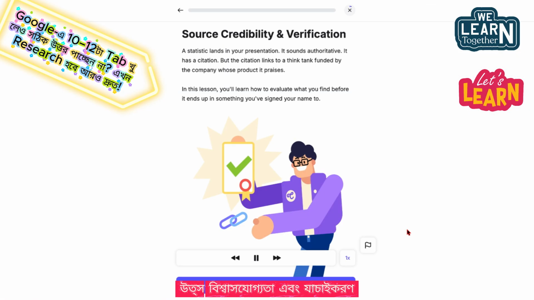Source credibility and verification. A statistic lands in your presentation. It sounds authoritative. It has a citation. But the citation links to a think tank funded by the company whose product it praises. In this lesson, you'll learn how to evaluate what you find before it ends up in something you've signed your